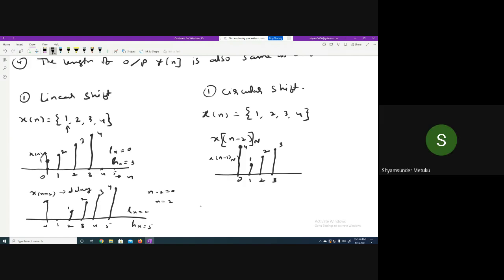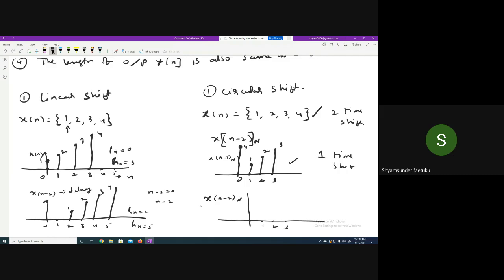I'll tell you. X of n minus 2, can you tell me now what will be the output? Again same. Either this signal should be shifted 2 times or this signal should be shifted 1 time. Yes or no? Yes, sir. Two time shift or 1 time shift. Is it okay? Anything is okay, no? So which one would you like to have? The second one or first one? Which one do you follow? Second one is easier, right or not?